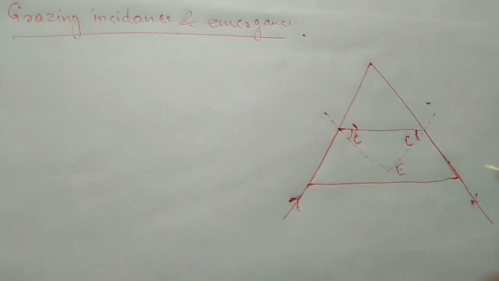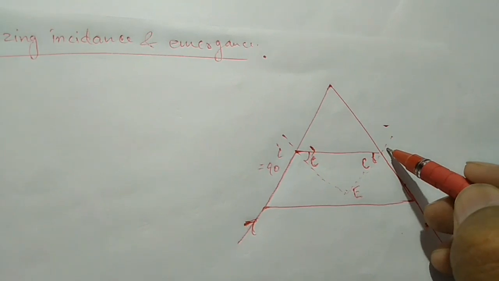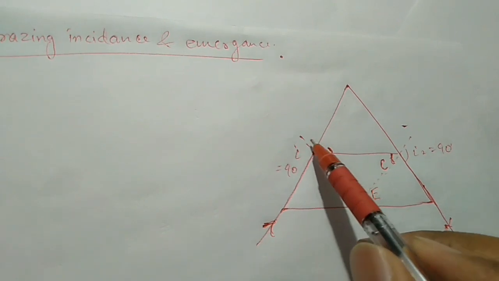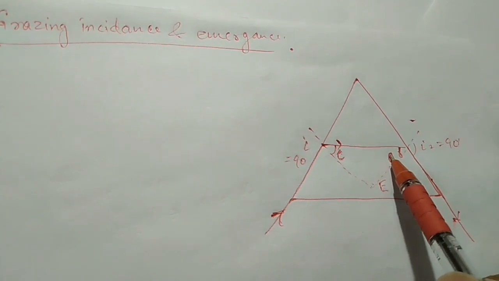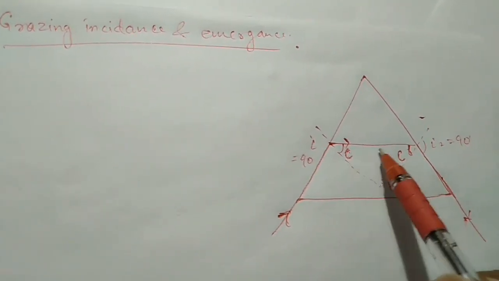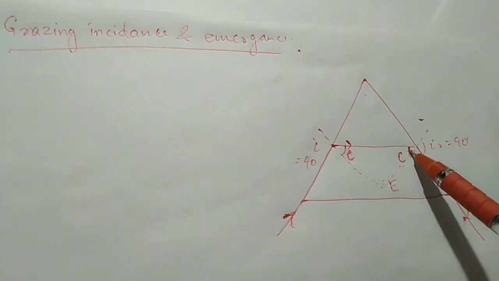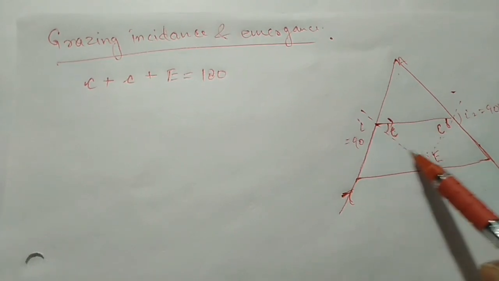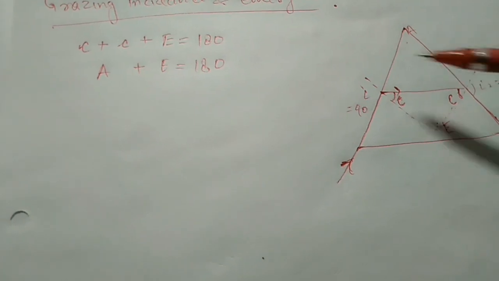So here we can say the angle of incidence is 90 and the angle of emergence is also 90, so this angle is the remaining angle. If we see inside, C plus C plus this is equal to 180. Due to the quadrilateral, as these are the 90s, the opposite angles A plus E is also 180, naming this A. I'm writing that first. In this triangle, all the sum is 180.